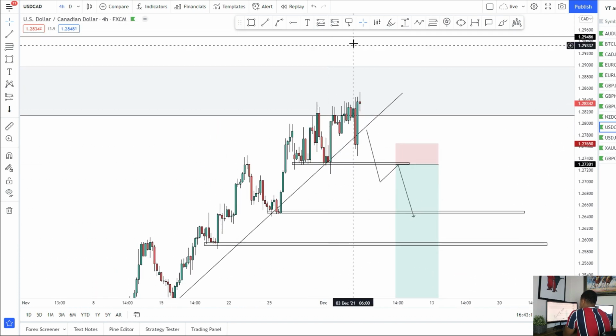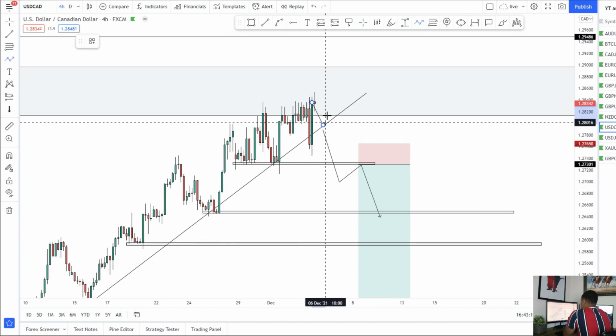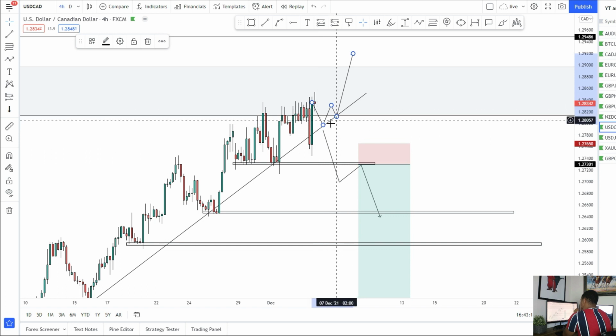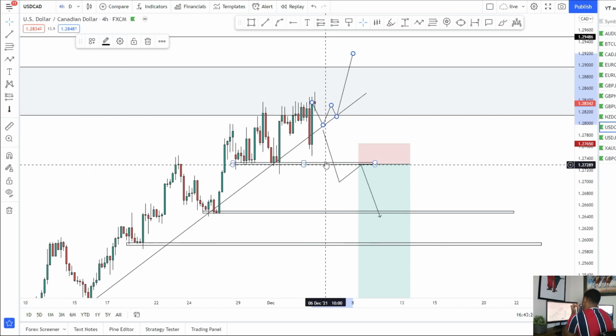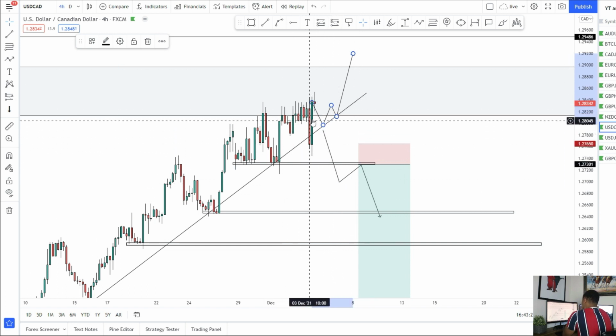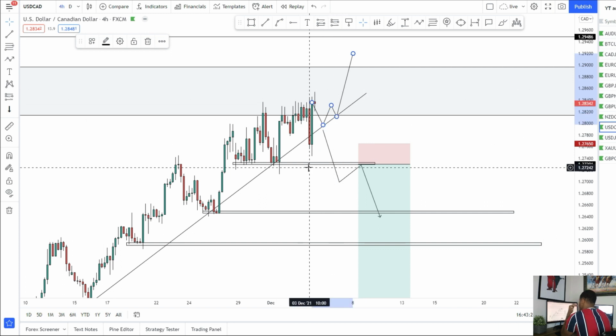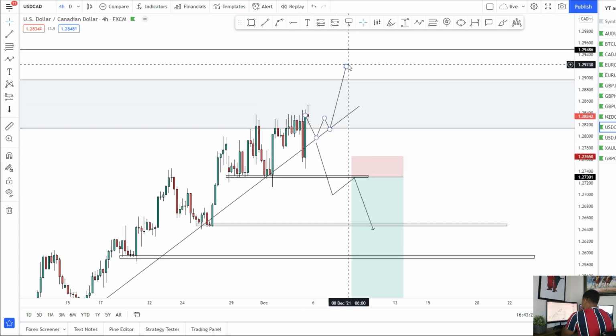But if price does stay bullish, we most likely will just see a bounce from that trend line and price will push on. So on the low time frames, you can look for long opportunities there. It is a little bit choppy, so I probably won't look for those long opportunities. But if price is bouncing, following the trend, you can look for long opportunities and target that wick